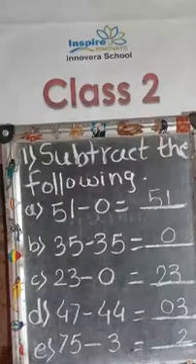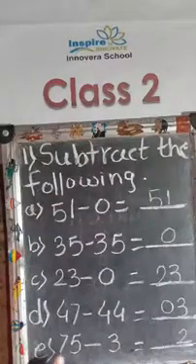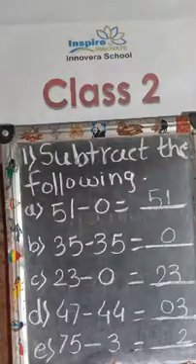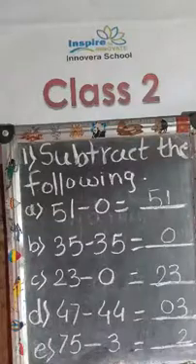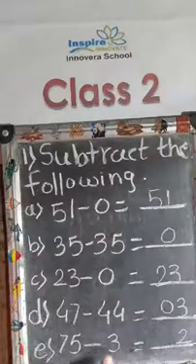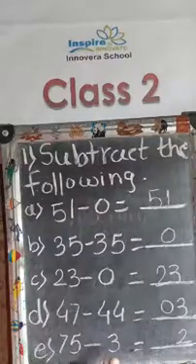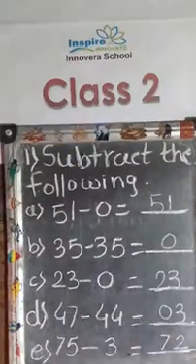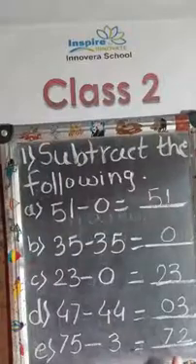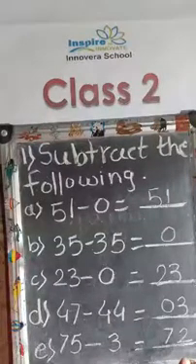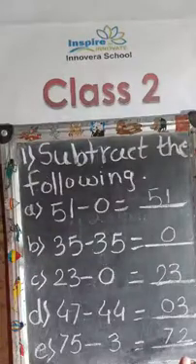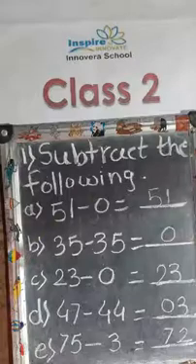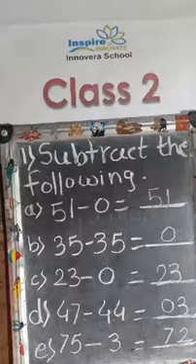Now is there any number to subtract from the 7 in the tens column? Because we have only 3 in the ones column. There is no number in the tens. Okay. So this 7 will come down as it is. So what is our answer? We have got the answer 72. Yes. Is that clear? Everybody has understood?